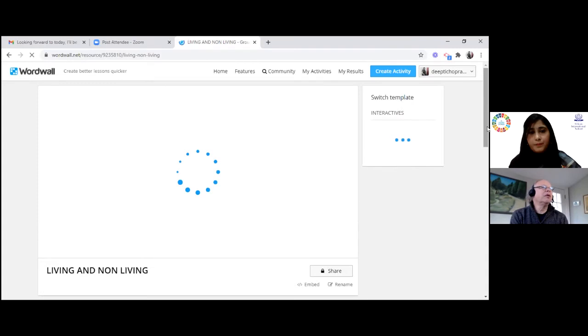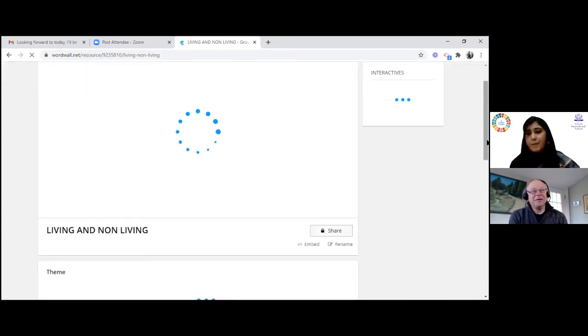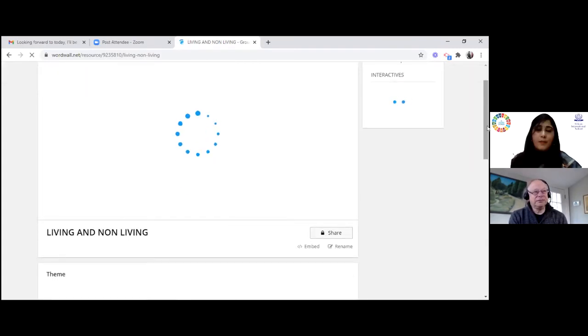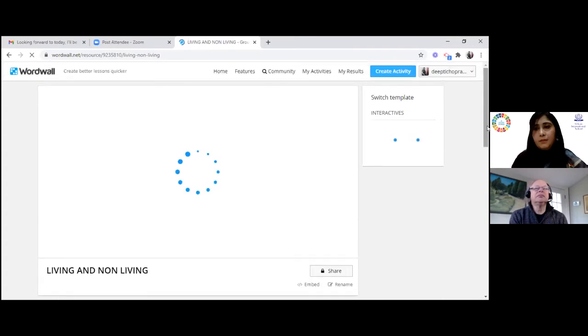Composite numbers, maths teachers can also use it, English teachers, Hindi teachers. Yes, they can use this, or science, EVS, any topic they can take and use this game.